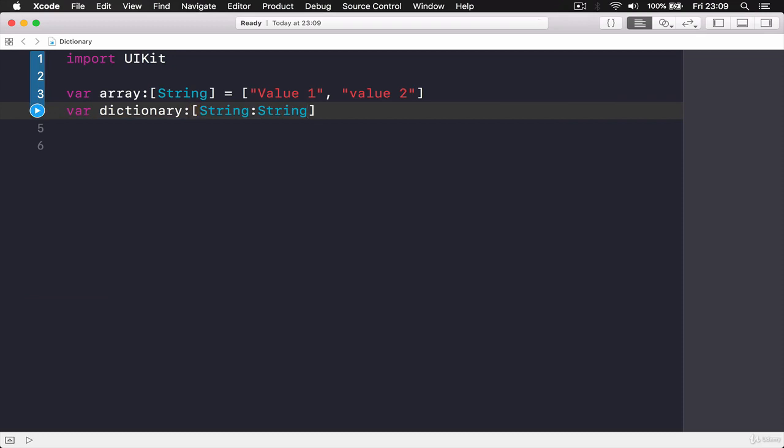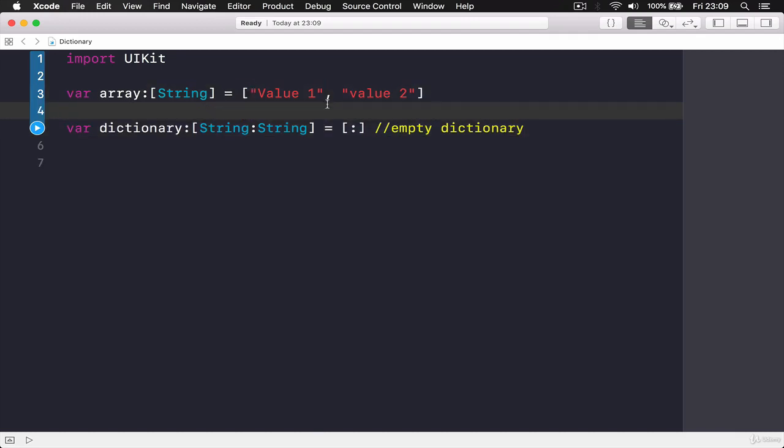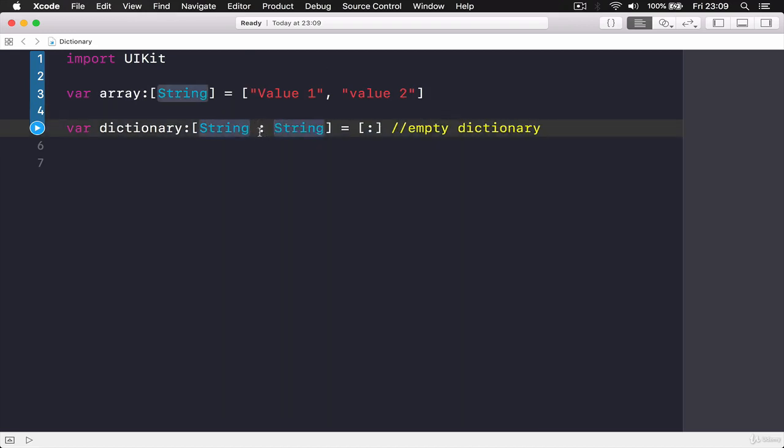What is the difference between the dictionary and array? I'm just going to instantiate an empty dictionary here. The difference is that an array is index then value, so it's always numerical and based on 0. And in the dictionary, you can set the key, which is on the left of the colon, and the value